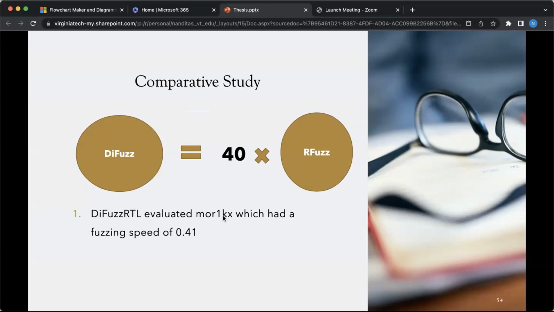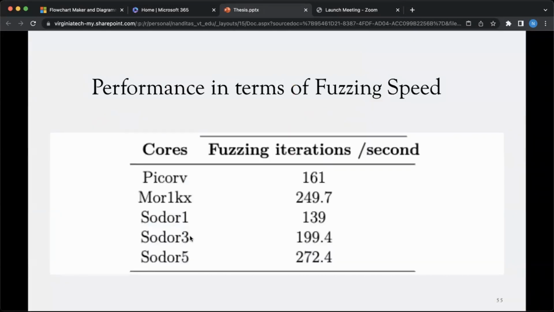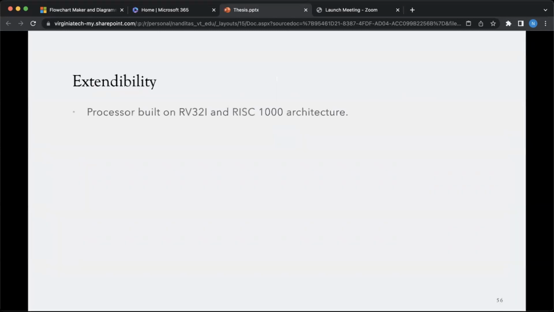DifuzzRTL, on evaluating Mor1kx, had a fuzzing speed of 0.41, whereas our system had a fuzzing speed of 449.7 for Mor1kx. The other processors were not fuzzed by DifuzzRTL, but with Mor1kx alone, it is not 1000, but 609 times better fuzzing speed compared to the state-of-the-art tools that we have.